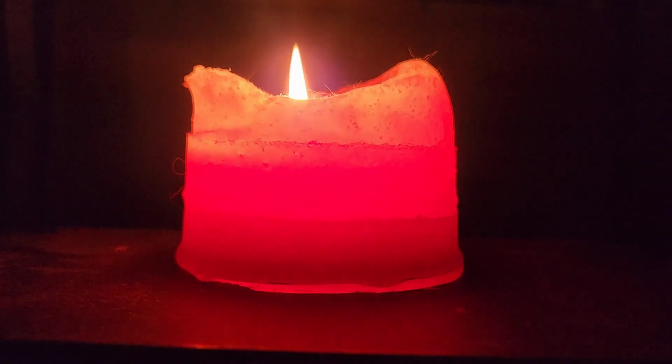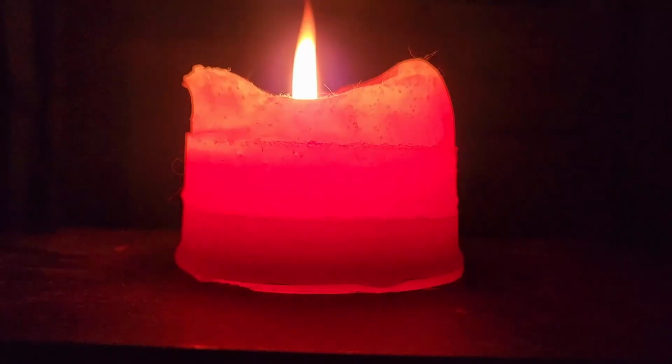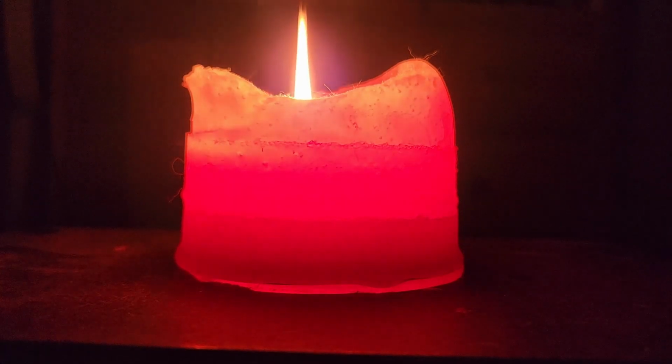SCP-077 Rot Skull. Item number SCP-077. Object Class Euclid. Special Containment Procedures. SCP-077 is to be kept in Research Sector